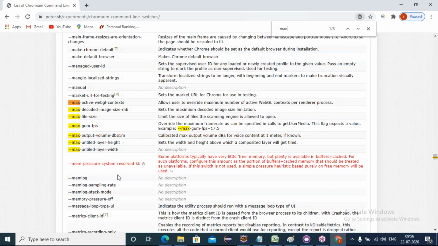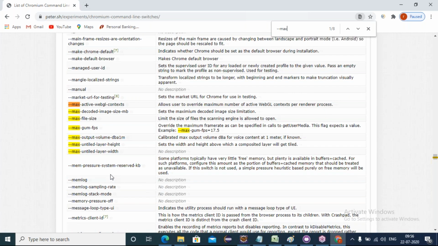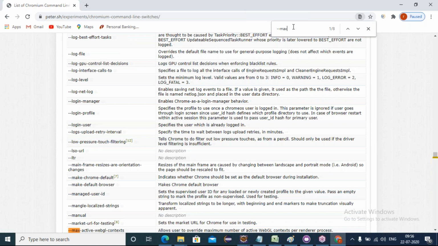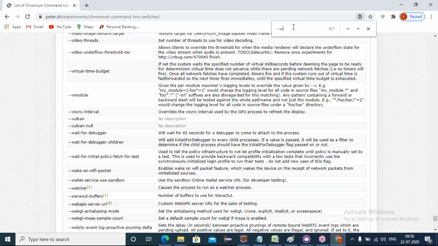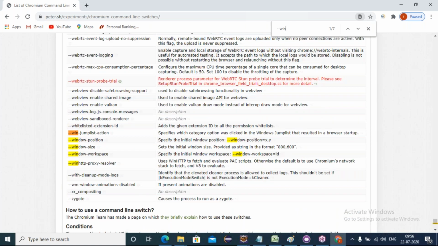We can also maximize the window through this. There is one method. Let me check. Window size, so the initial size provided in string format. Not this. Something is there to maximize that. I think even if you go back here,